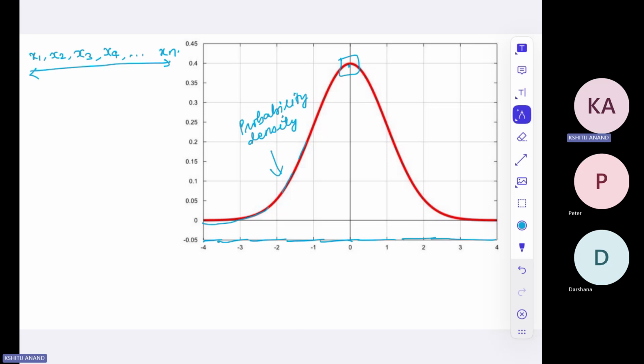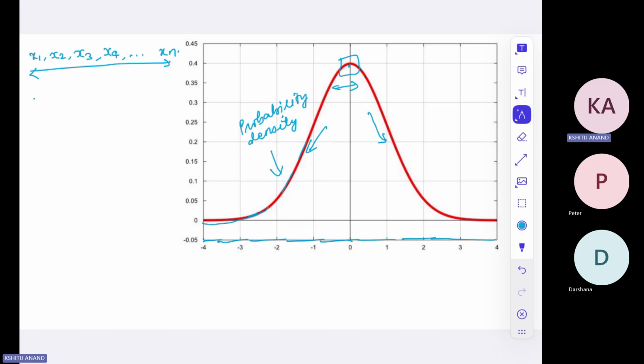density. Okay, so if you see this particular distribution, the highest probability density is toward the mean, and as you go away from the mean, the density reduces, right? So if we have a probability density like this for any certain random variable, we say that this random variable follows a normal distribution. Okay, so how to numerically express this plot, right? So the numerical expression for this plot is